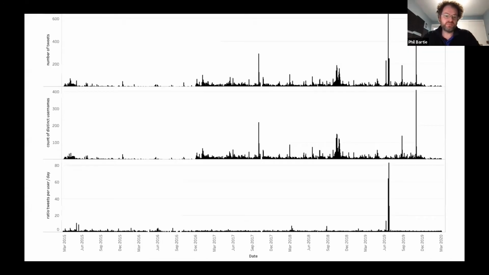The question of bots always comes up. So we had a look at this: the number of tweets over that time period of 5 years on the top row. This is a count of all the distinct usernames where the tweets came from on the bottom row. If you divide one by the other, that gives you a rough indication of how many tweets each username sent. And throughout most of the time, it seems reasonable. There's some pretty odd things going on here. We've identified one account that's definitely odd. Whether it's a person who's very enthusiastic or a bot is unclear, but we can remove that. And I'll talk about that in a second.